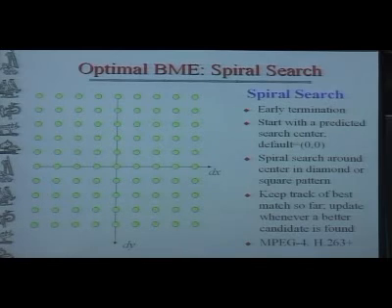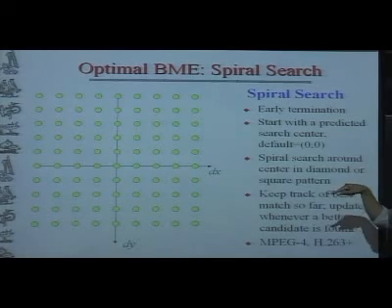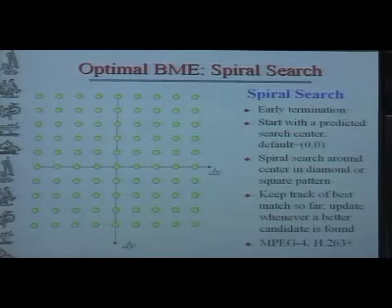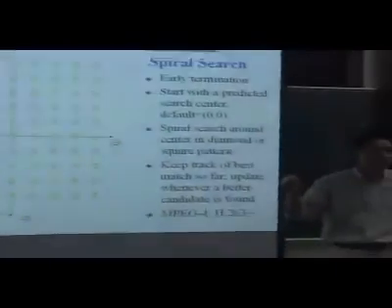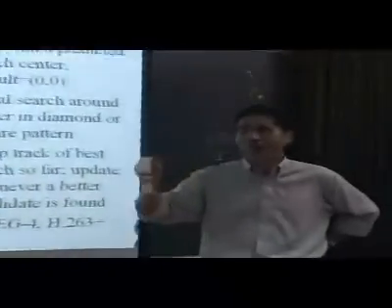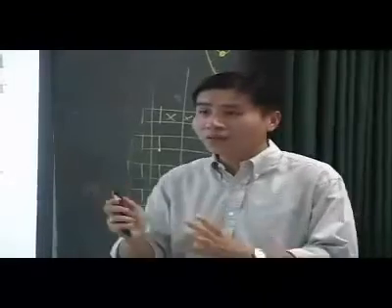Remember, we have the double summation with the absolute value. That cannot decrease. It's monotonically increasing. Or monotonically non-decreasing. Okay? So early termination means that during the search, if it's already above the best that you obtained so far, you don't need to do further investigations, right?